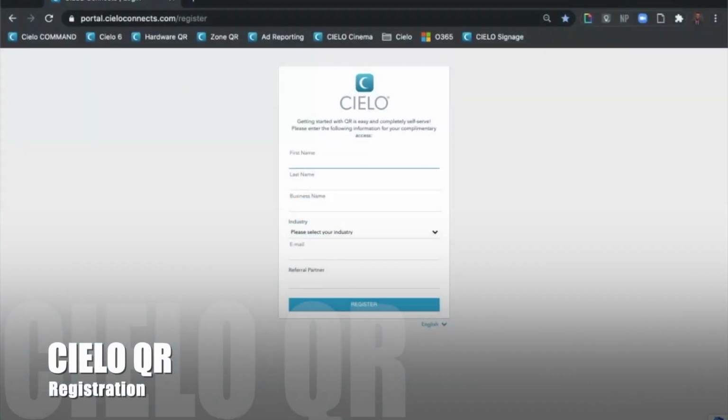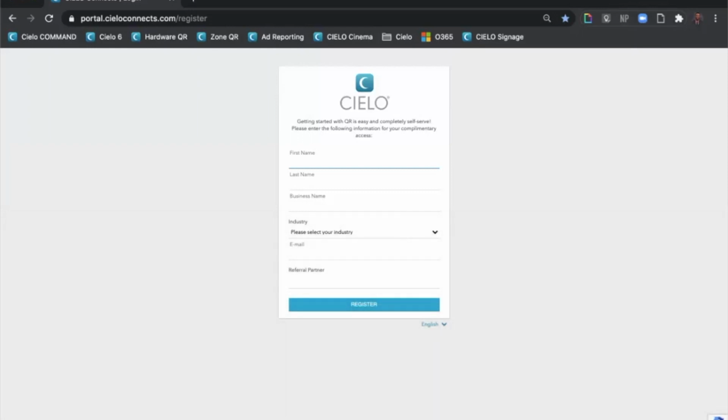Welcome to CIELO QR. Within CIELO QR, we're going to first navigate to our QR creation wizard by going to portal.cieloconnects.com/register. Once you've navigated to this URL, put in the name,